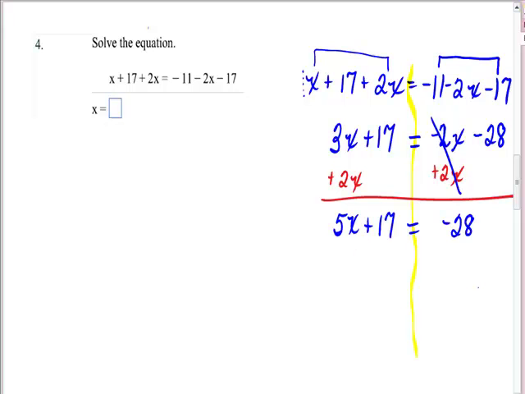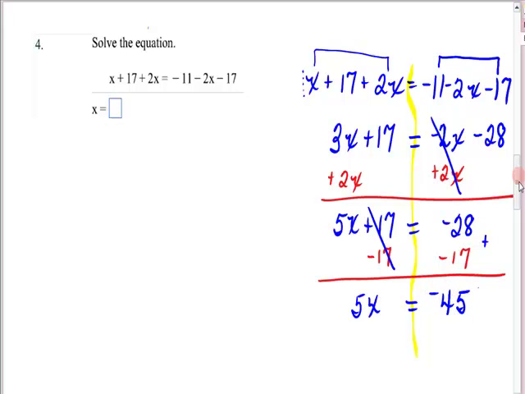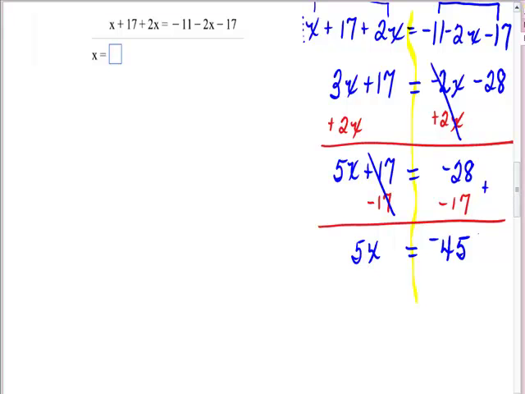Focused on the side with the variable, is there a constant to get rid of? Yes. I will subtract 17. That leaves me with 5x, the 17s are gone, equals, those are both negatives, using the addition rules, add them up for negative 45. Now 5 is the coefficient of the variable, so I will divide by it. You never divide till it's the last step. And that leaves me with x is equal to,